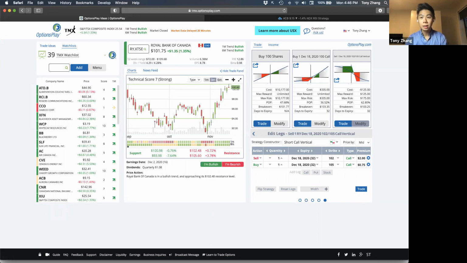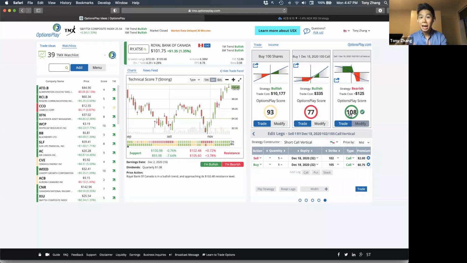So that's why I think as a retail investor, it's so important that you don't just focus on this one number. I see too many investors focus just on probability of profit and not enough on how much risk to reward I'm taking on. And if I win in this particular case 3 out of 4 times, but lose that one time, do I wipe out all of the gains from the last 3 trades, or am I able to be profitable in the long run? That's really the math that you want to do, and that's what the options play score is